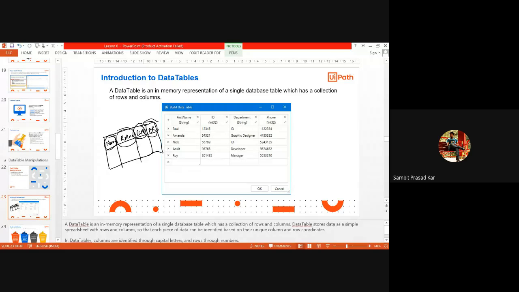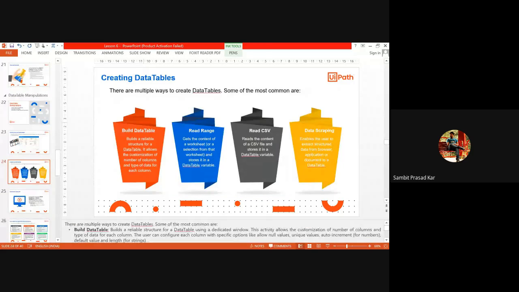So like that you create a data table. We have data table builders inbuilt in UiPath, so that if you want to create an Excel file by giving user input, not taking data from anywhere, you can do that. There are different methods to create data tables.